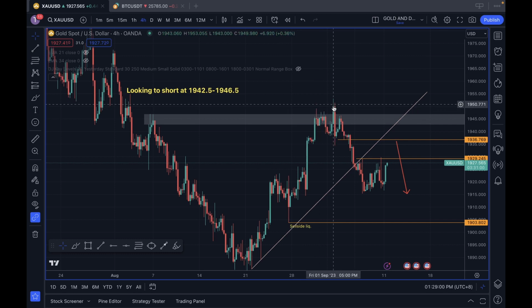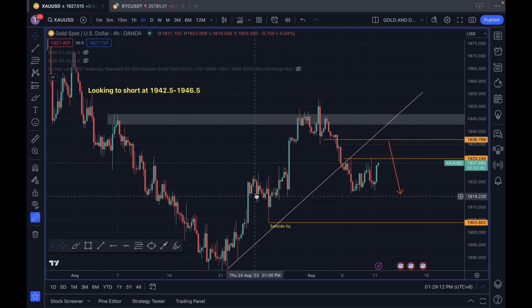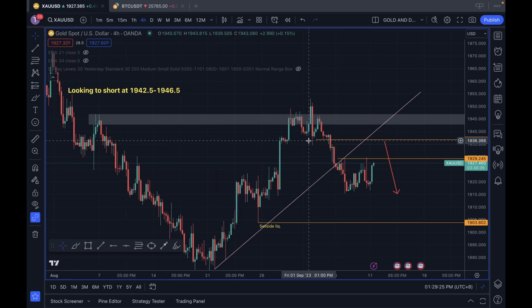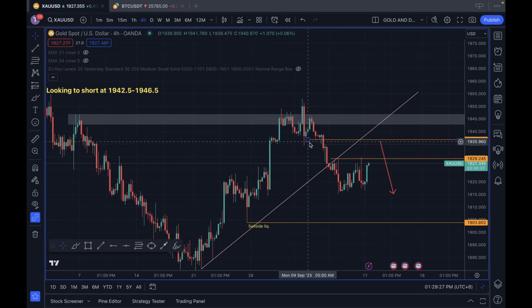On the H4, price after creating a new high came back down all the way, breaking H4 structure. And this shows that there is a possibility that the trend is reversing from a bullish intraday perspective into a bearish intraday perspective, even breaking this H4 support zone over here. That is when I was looking for an entry right after this break of structure. Okay, so after an H4 break,